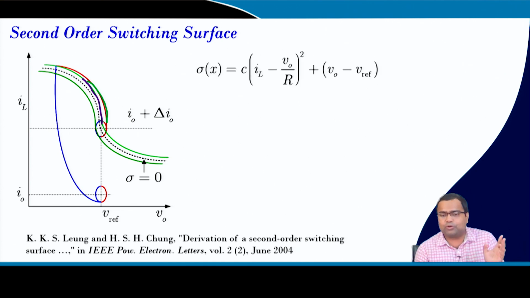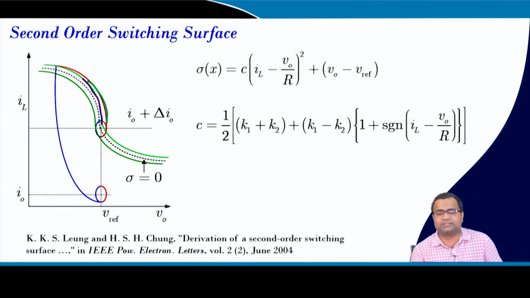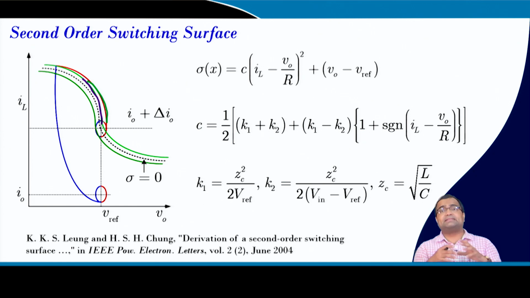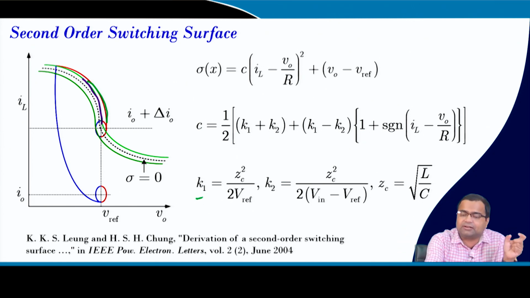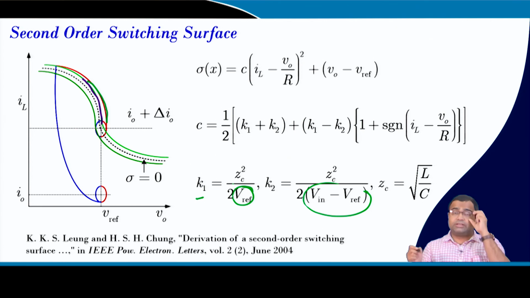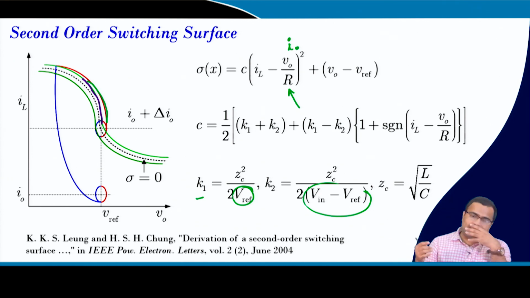So, then it was proposed that if we take the second order switching surface, then you can achieve close to time optimal performance without much changing of the parameters, by only considering the input voltage and output voltage scenario. You can achieve close to optimal performance, and here also you need to incorporate the load current, because for resistive load this is my load current, for resistive load it is V0 by R, for current load it is I0, right.